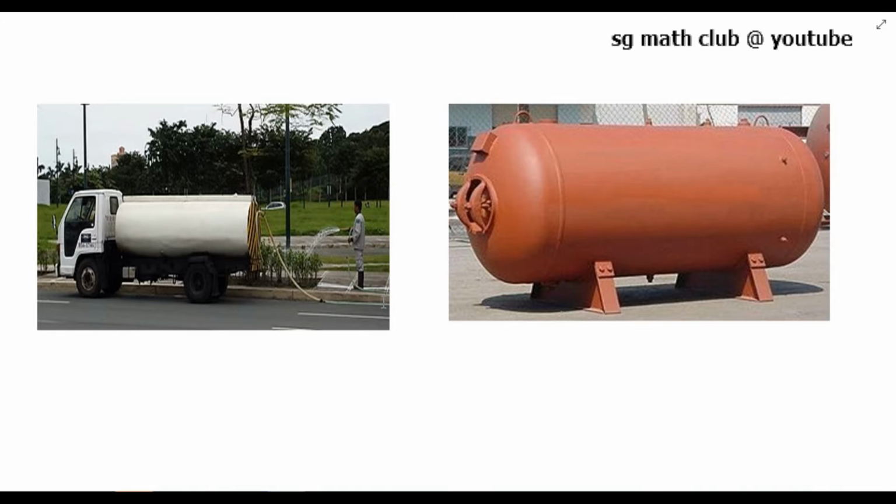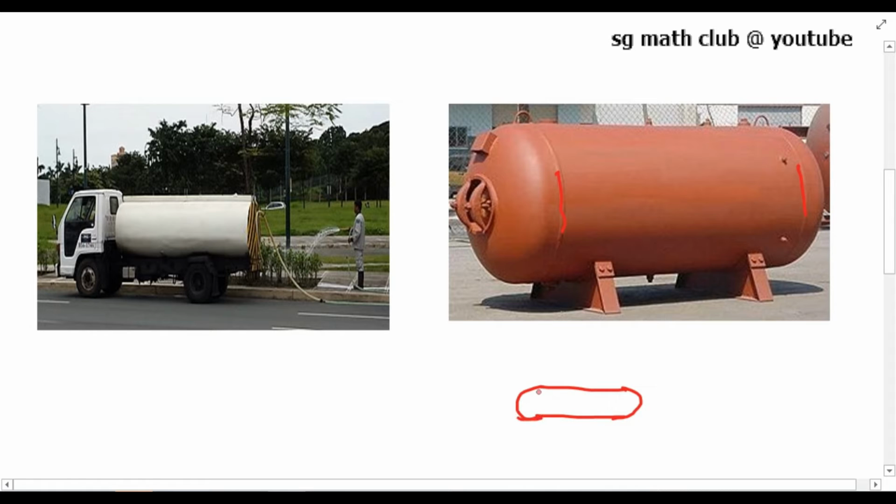For example, you must have seen a truck with a container fitted on its back, carrying oil or water from one place to another. Is it in the shape of any of the basic solids that you have studied? You can say that it is made up of a combination of a cylinder and two hemispheres at the ends. A cylinder and two hemispheres at both ends.